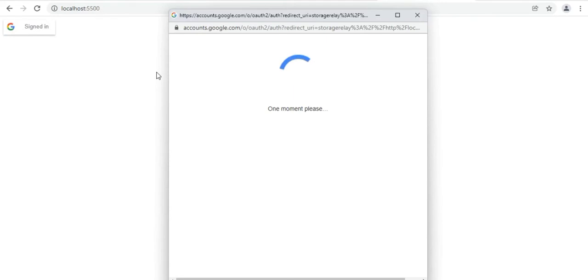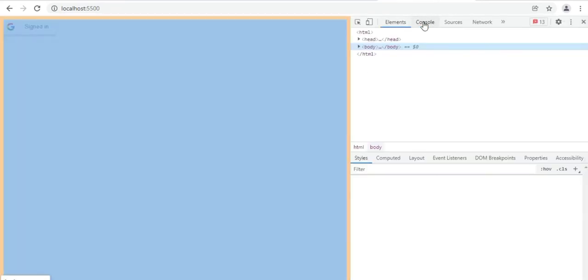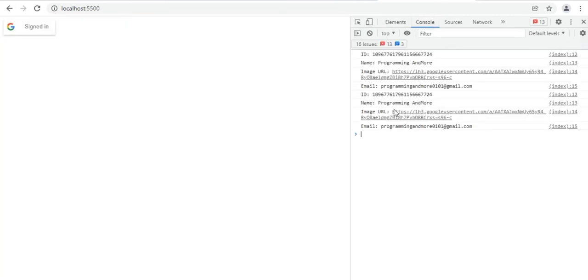So let me click on sign in, and let me inspect and see what is there on our console. In the console, we have got the email, name, and the image or profile of the logged in email.